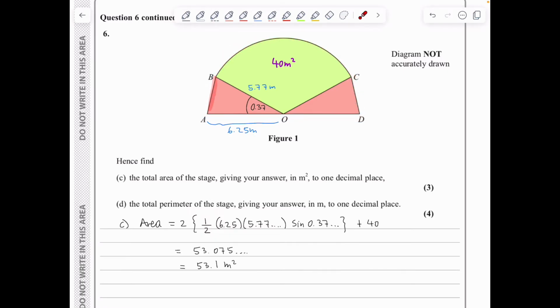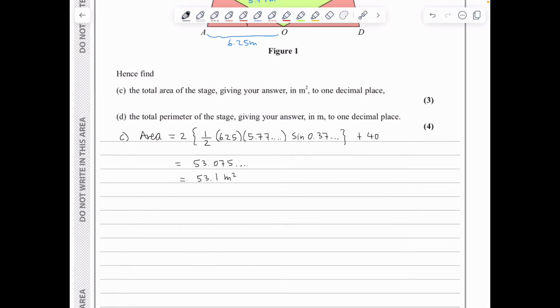I'll be using the cosine rule here. So we have that AB squared will be equal to 6.25 squared plus 5.77 ... squared minus 2 times 6.25 times 5.77 ... cos of 0.37 ... This leads to 5.1317 ... I'll take the square root to find AB, and this gives an answer of